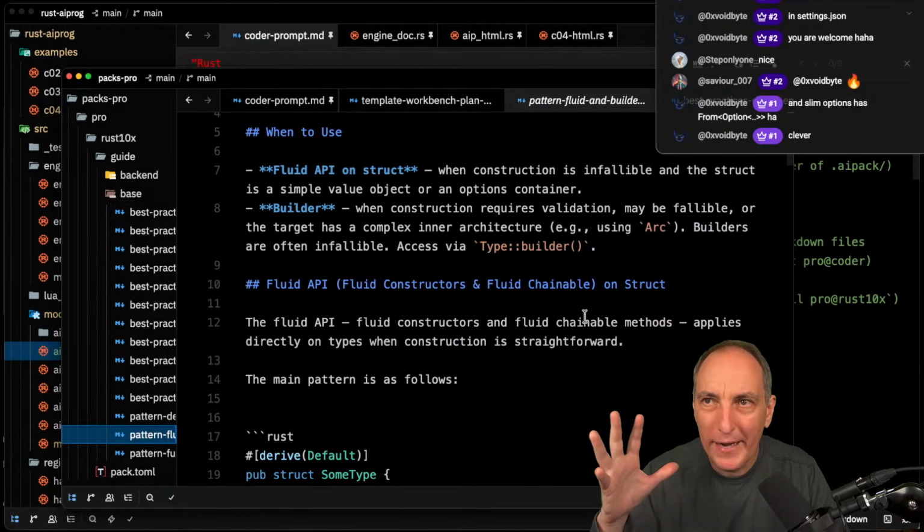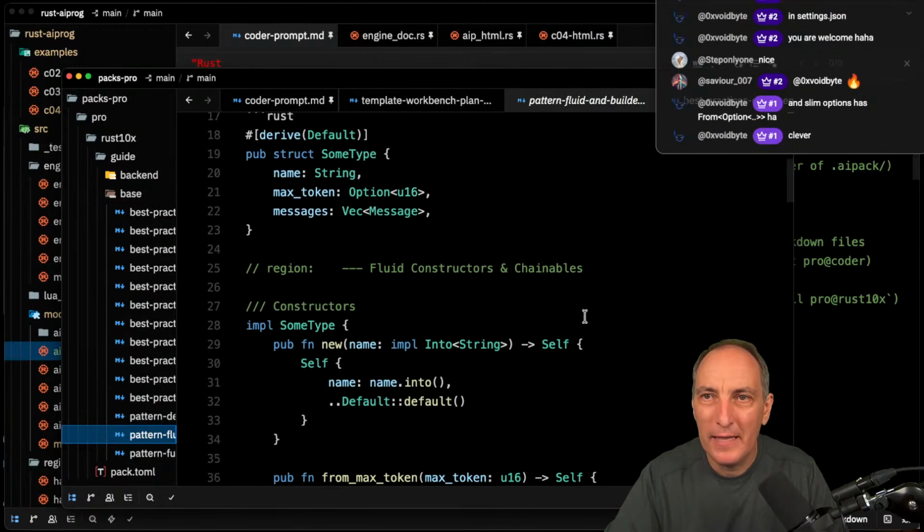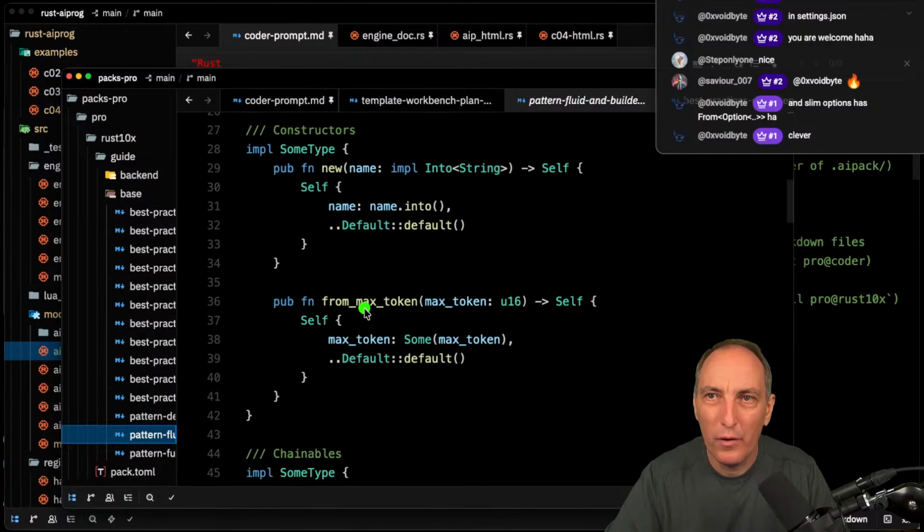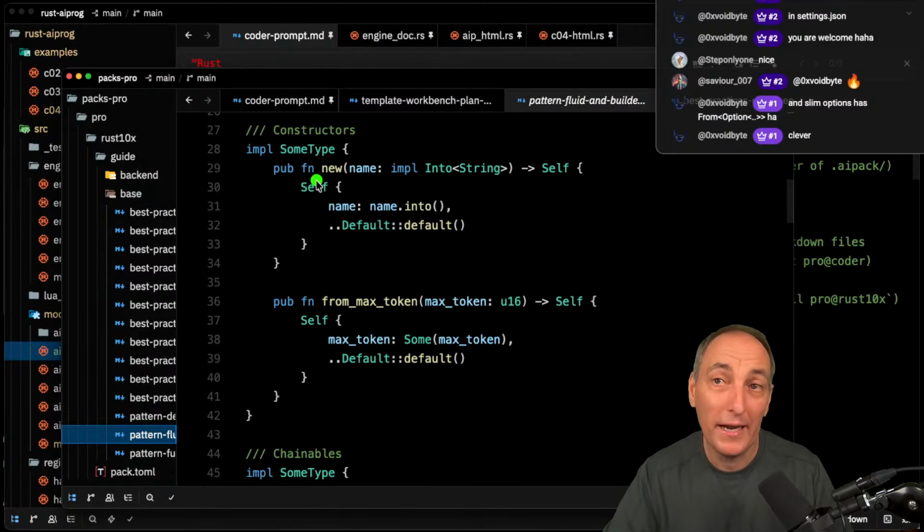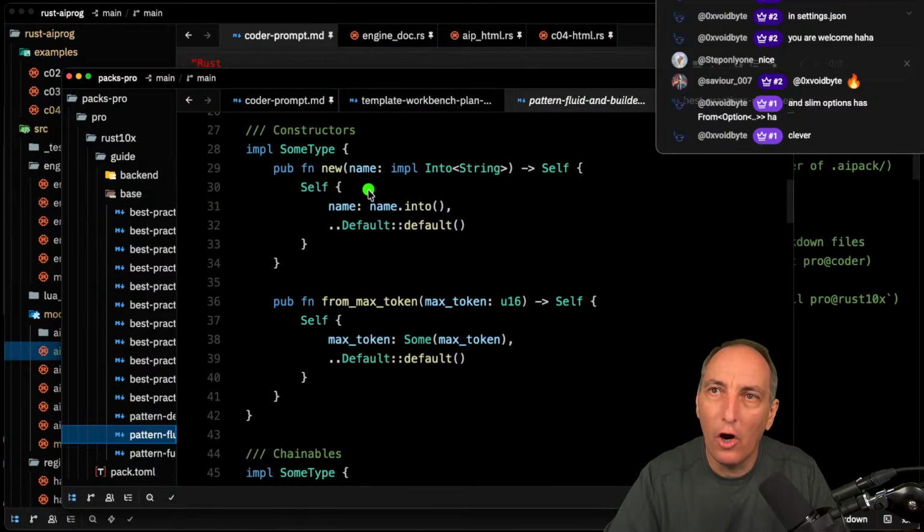I'm not being too dogmatic here, but the point is that in a constructor, you have the from underscore. So you might have a new, or you might not have a new. If it's empty, you don't, because it's default. But if it's failable or takes some stuff, you have a new. Sometimes it's nice to have the implementing tool, such as it's more flexible. And then for the typical ones, it's good to have from like that. So I'm using the from underscore